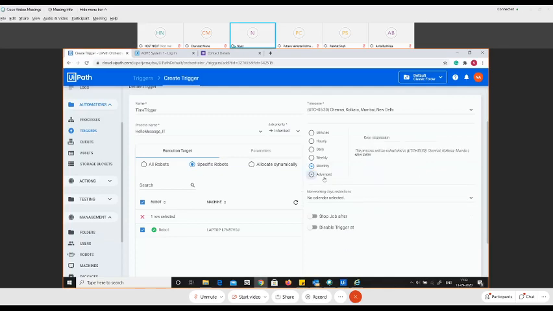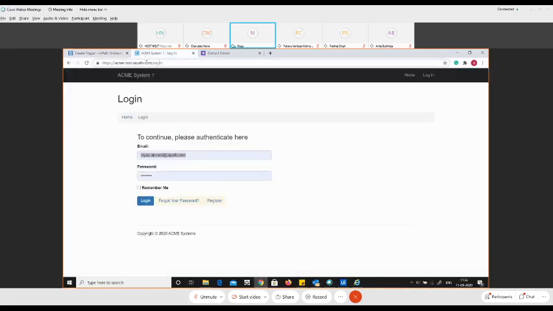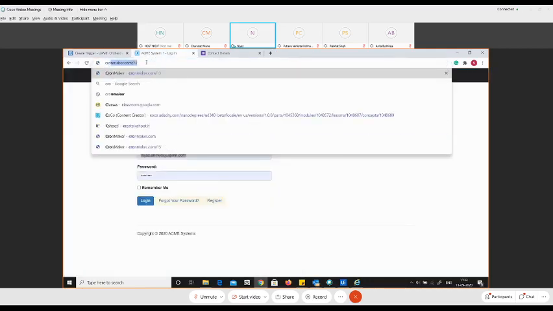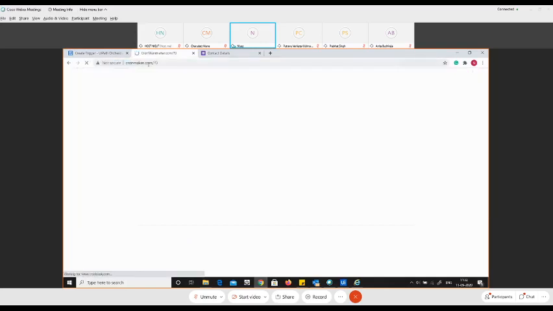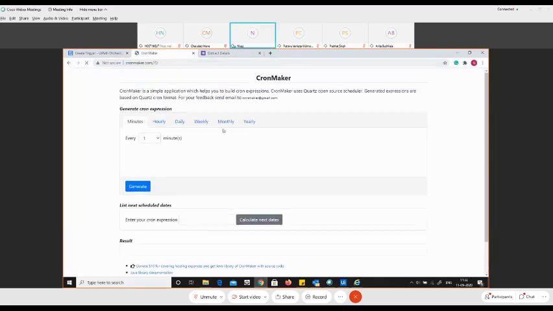And we also have an advanced option, which is the cron expression. Cron expression is nothing but you have a website for it, called cron maker. Over here you need to specify the same thing. Let's say for example I go for monthly and I say on the 9th day of every second month starting from now. Today is September, so September, October, November. So starting in November, every 2 months, on the 9th of November, run the bot at this particular time.